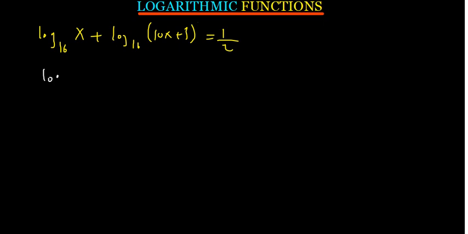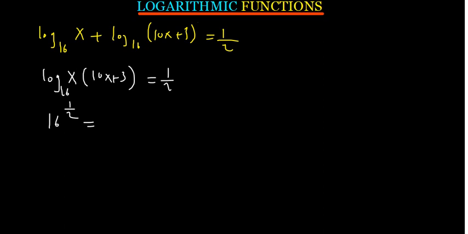Okay, we can consider another one. Let's say we want to solve log in base 16 of x plus log in base 16 of 10x plus 3 is equal to 1 over 2. How do you go about it? So this one is direct because the bases are the same and it is adding. So simply multiply these terms, x multiplied by 10x plus 3, and that is going to be 1 over 2. Now express it in exponential form, so 16 to the power 1 over 2,